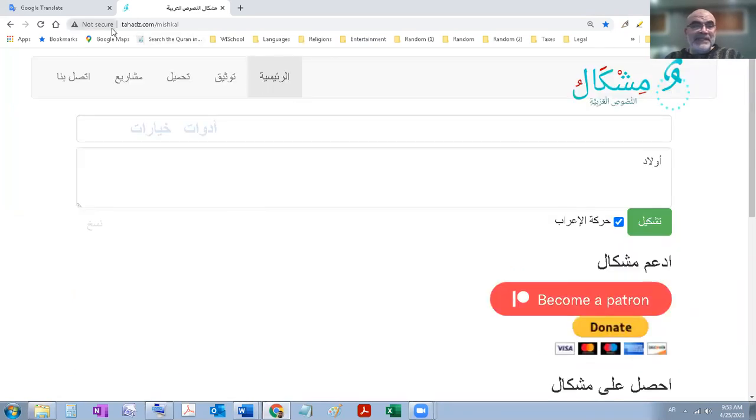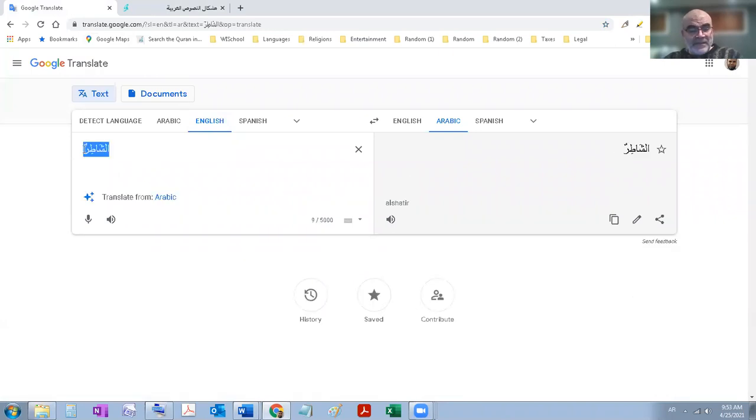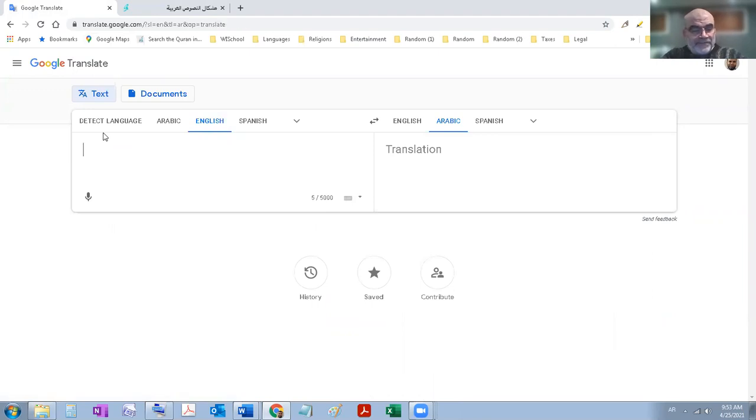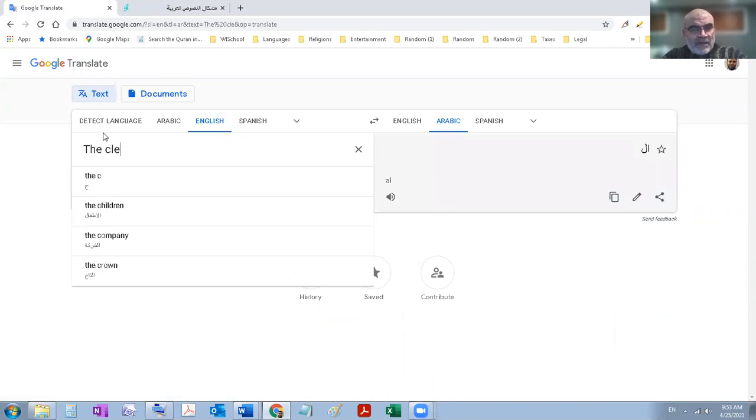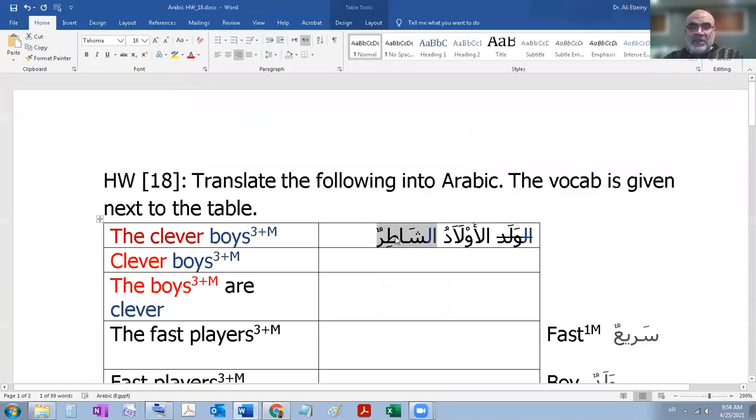Okay, and here's Google Translator, and then I say the clever. Let's see if it's offering an alternative. It's translating the clever as the K, which means smart here, smart and clever. So now I would have to do it myself. So al-awladu